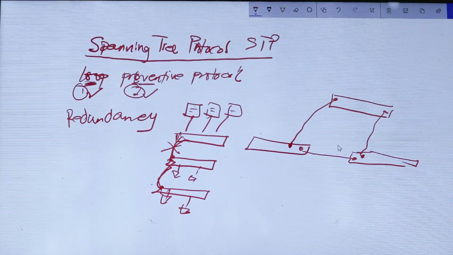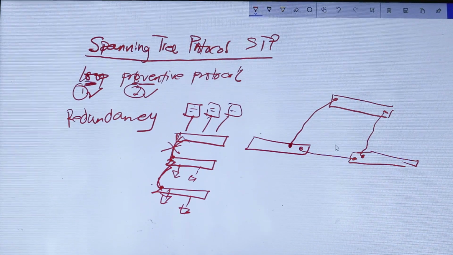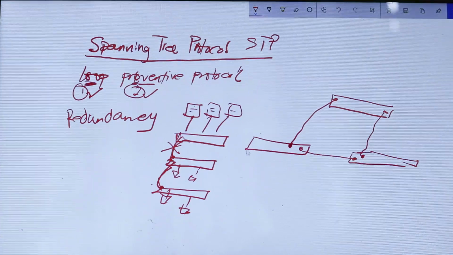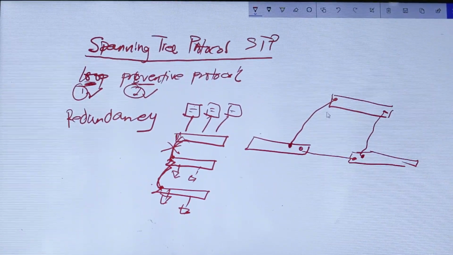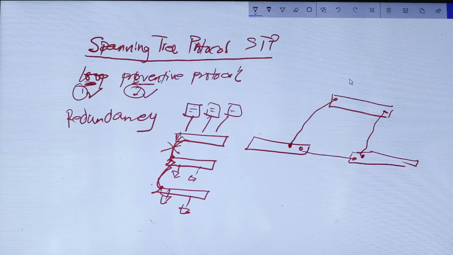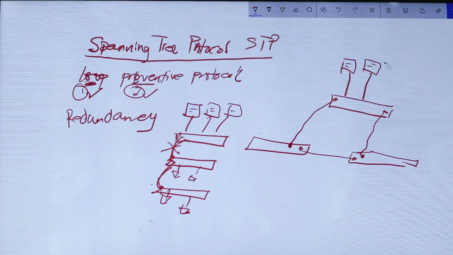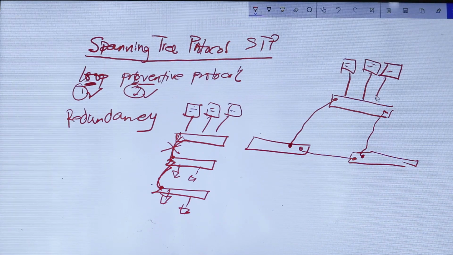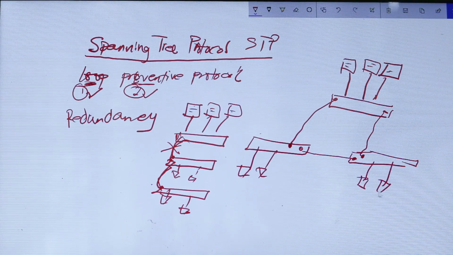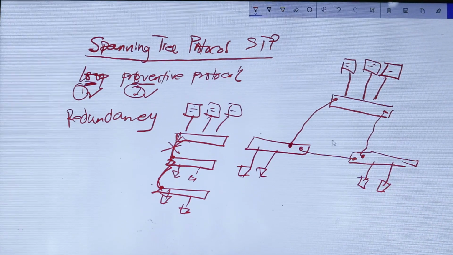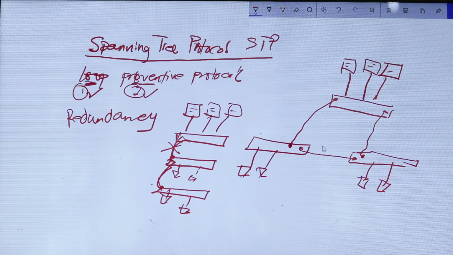So it's the same three switches, but we've connected them in a different way. So let's make the top switch the data center switch, where servers will be connected. So these are the servers. And the users will be here. This second topology is recommended because there is redundancy in this topology.